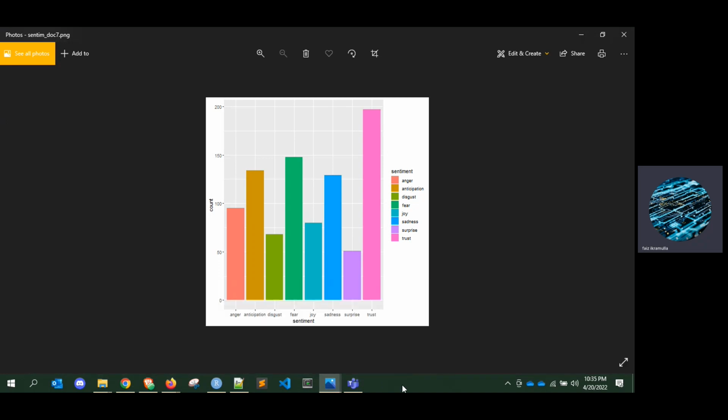So this is some of the work that was done as part of this solution on the extraction of content and information from PDF documents.